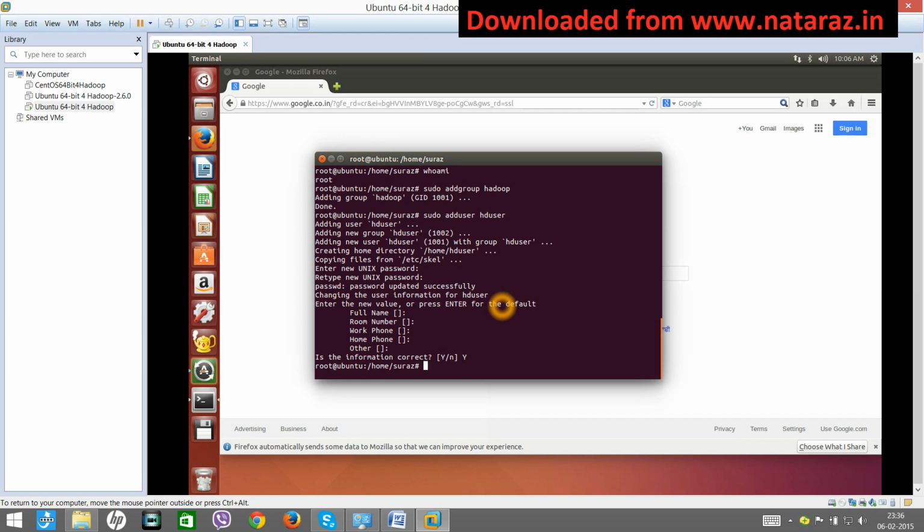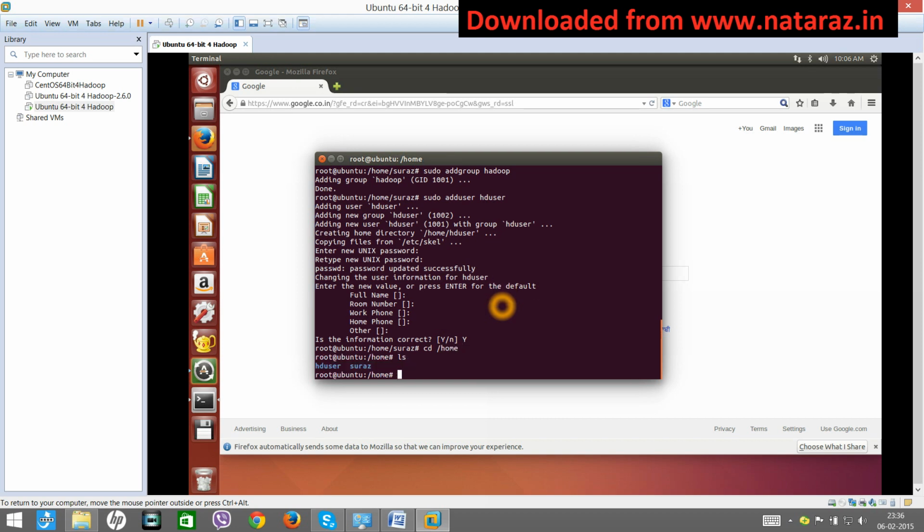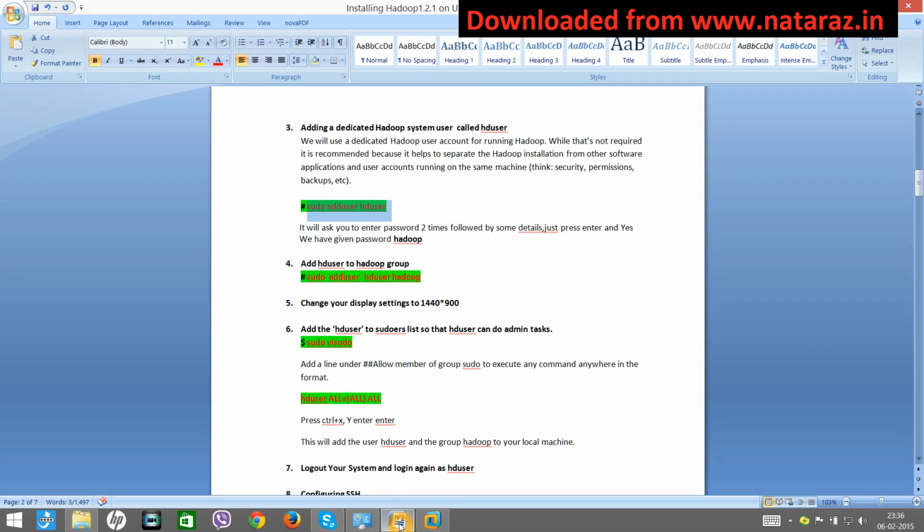You want to confirm it? Go to cd /home, ls. Whenever any user is created in a Linux system, a folder automatically gets created for that user. I have created a user called hduser, so a directory called hduser got created inside this path /home. So we created a group, we created a user. Let's add this user to this group. You can add more than one user to a particular group.